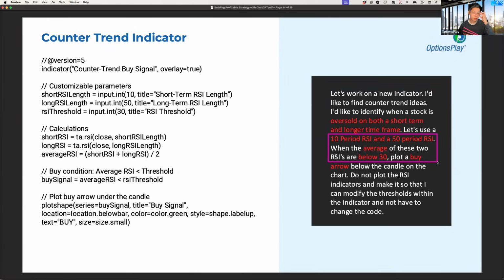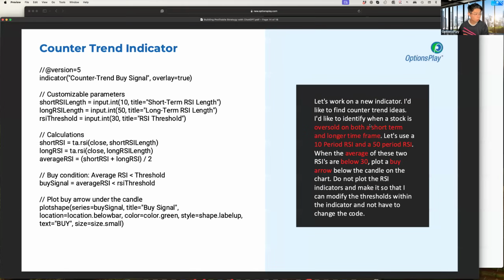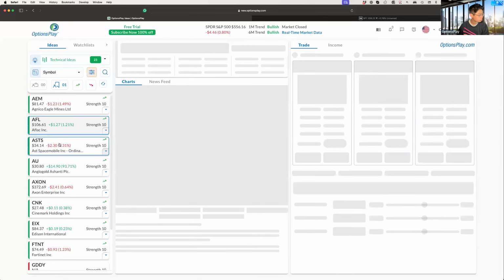There's nothing proprietary to us, but I'm sharing it with everyone here today so that you can see how we built our trend following models, how we built our counter trend models, what we have done to optimize them and test them and improve them, so that you can get the end results of all of that within the OptionsPlay platform. And then more importantly, once you find these ideas and you're ready to trade them,